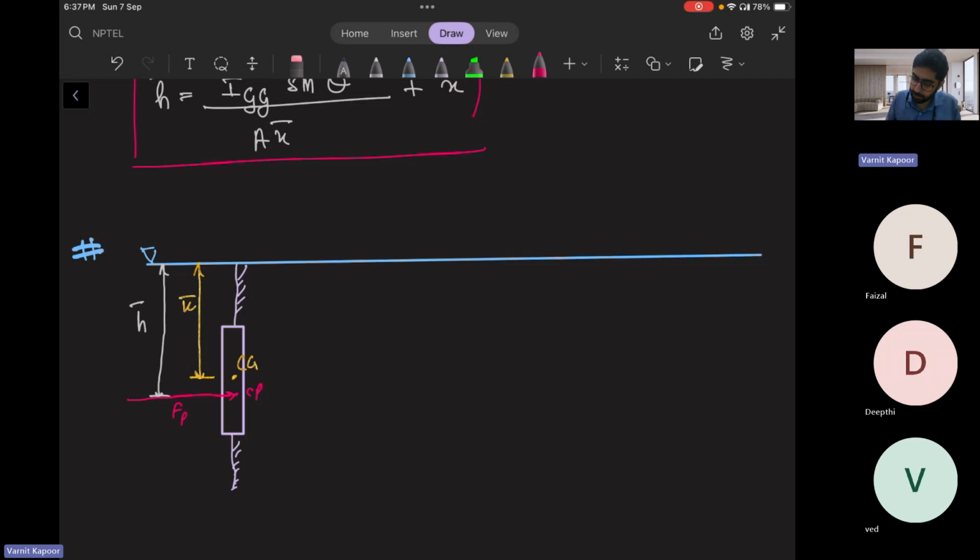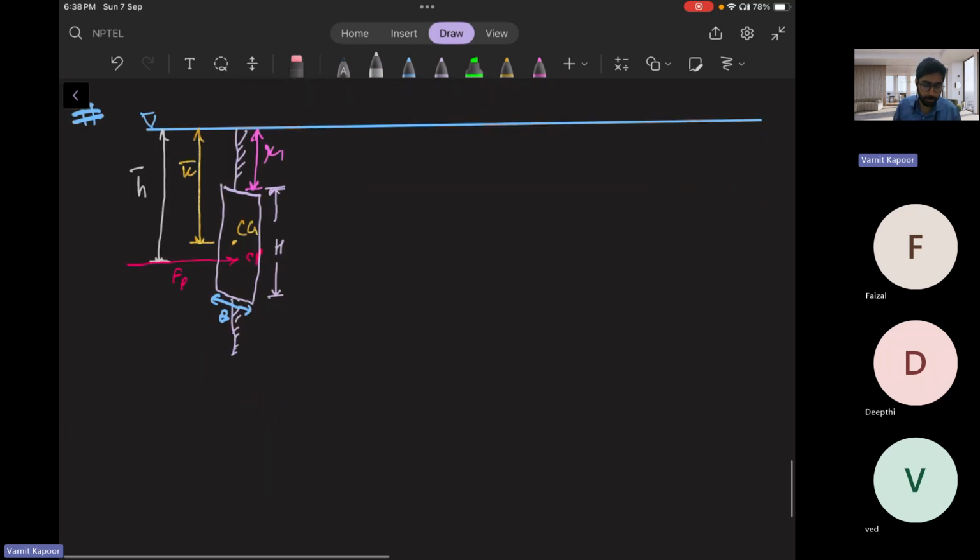Suppose this is at a distance of X1, and the height of this is the complete H. If the width is B, I should not have drawn it like this. Let me change the figure and directly show you the isometric view. So if the width is B,